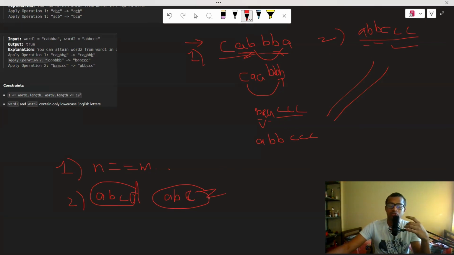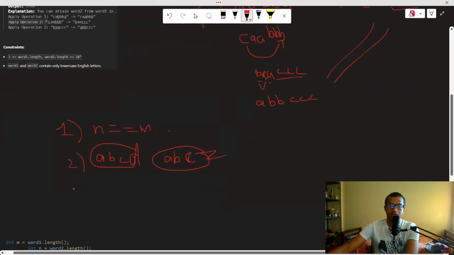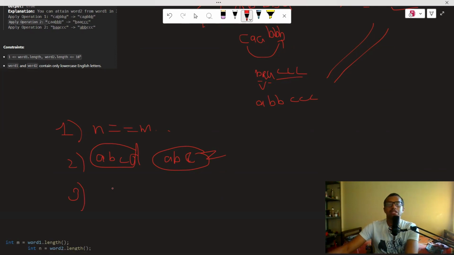So make sure that both the words consist of the same characters. We are not dealing with the occurrence right now. We are just dealing with the unique characters in both the strings, both the words. Now our third case would be that the frequency of the given character should be